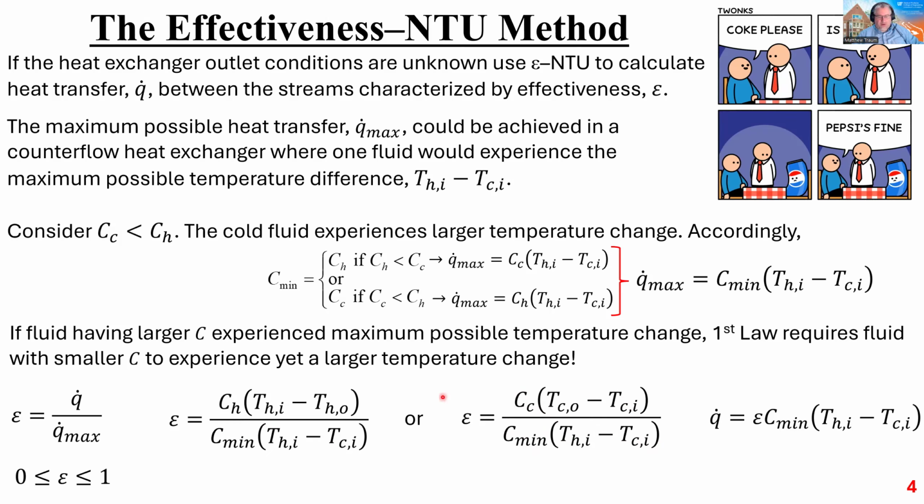Okay, and then once you've got this, we can write the expression for Q. This is what we're looking for, the heat exchange between the two fluid streams. So that's equal to the effectiveness times Cmin times the temperature difference between the hot stream and the cold stream at the inlets. So I'm just taking this equation and combining it with this equation and solving for Q dot. So, if you follow me this far,